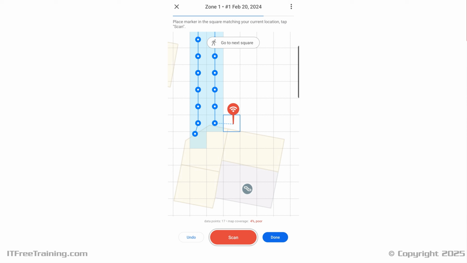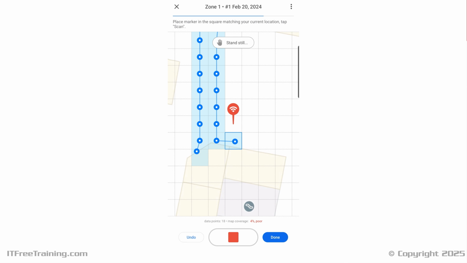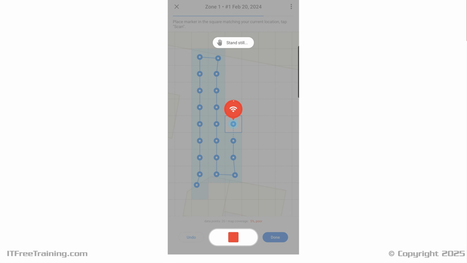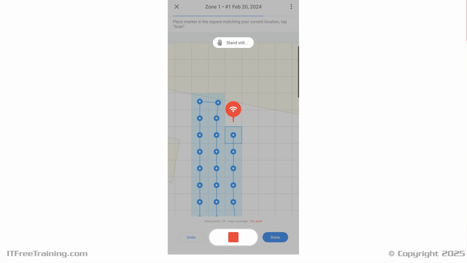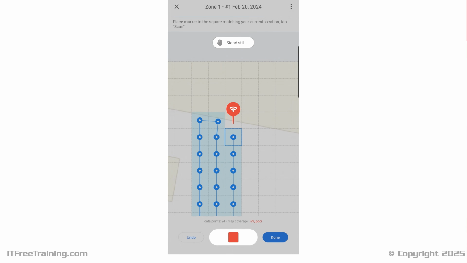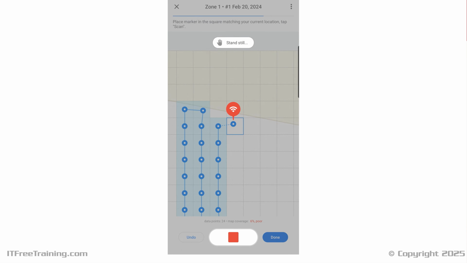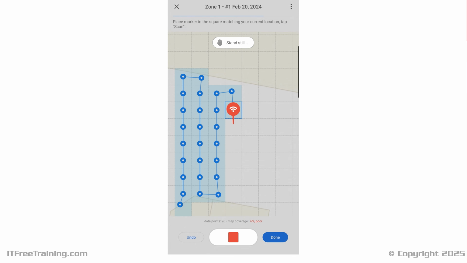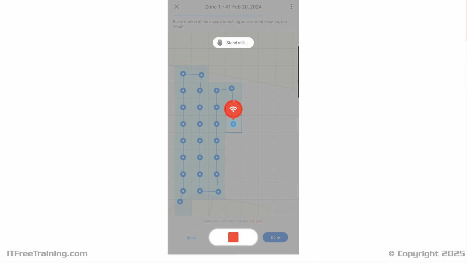I will now continue to keep taking additional measurements. You will notice the process is very repetitive and requires you to know where to stop to take the next reading. This may not always be possible. I'm essentially estimating where I need to stop, so it is possible for errors to occur if I stand in the wrong spot. Also, taking this many points is time-consuming and arguably does not help you that much with the heat map for a wide open area like this one.